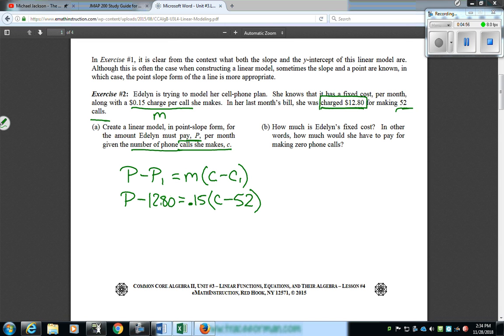So now what I have to do is, for this part, I'm all set. This is my equation in point slope, but B asks for the fixed cost. And the fixed cost, again, is going to be your y-intercept. So how much would she have to pay for making 0 phone calls, like they say in here? So what I'm going to do right now is take that equation that I just wrote down,